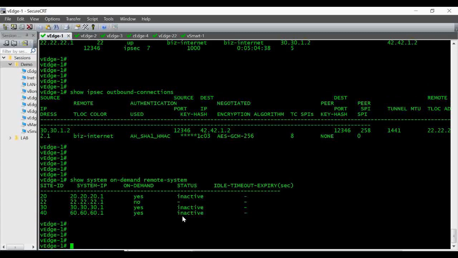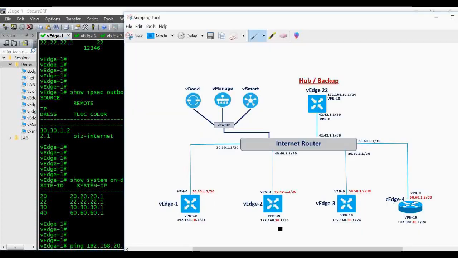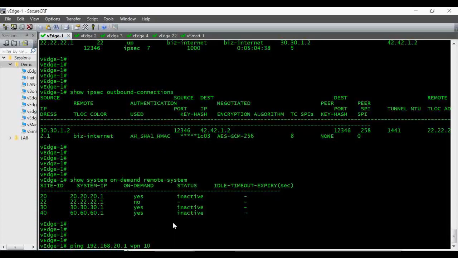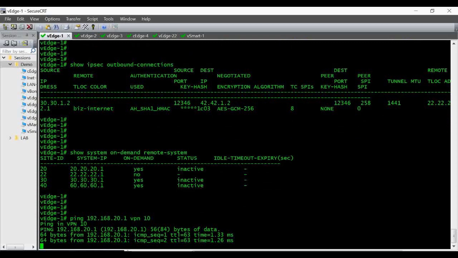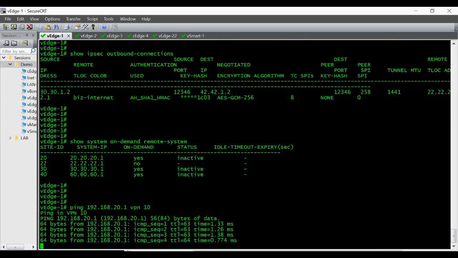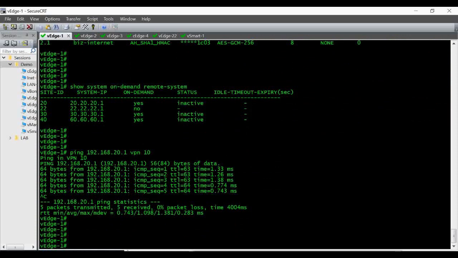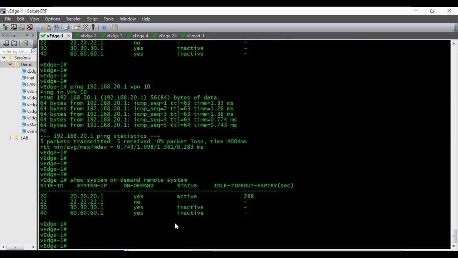So now I'm going to initiate a ping from my VH1, ping 192.168.20.1 under VPN 10. That is this IP 192.168.20.1. Okay. Now let's see whether our on-demand tunnel status came up. Show system on-demand remote status, and you can see with the site ID 20.20.1, that is my VH2, the tunnel